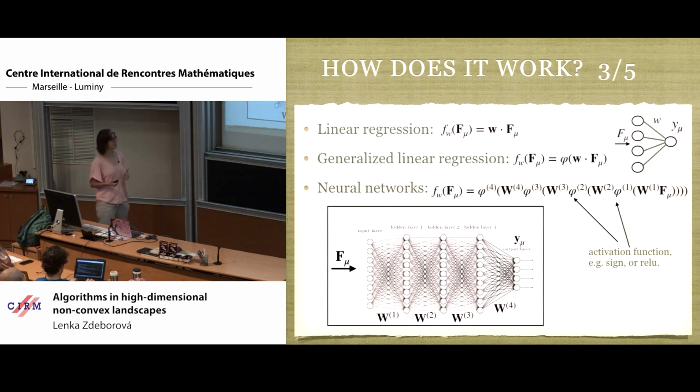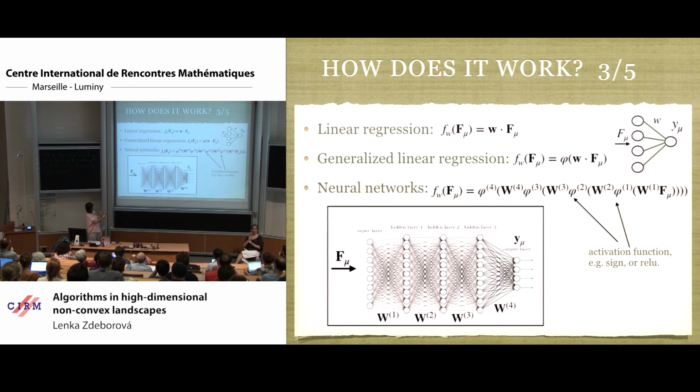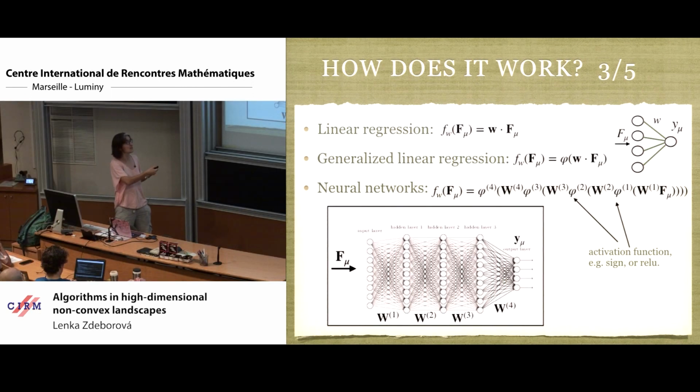So how does this work? It's very simple, actually. Like probably all of you at some point in lycée or something saw linear regression. So linear regression is a special case of a neural network, if you want, the simplest one, where this function f_w, the ansatz for this function, is simply that it's a linear scalar product of the input times a vector w. And the goal of linear regression is to adjust this w so that the output corresponds to what you're seeing on the images on which you are training the network. So that's linear regression. And when you are fitting points by a line, that's exactly what you're doing.